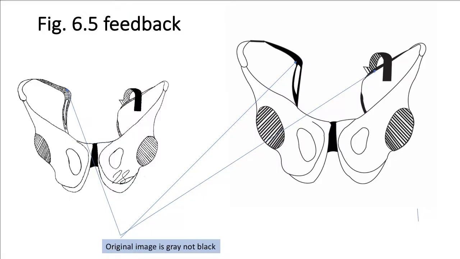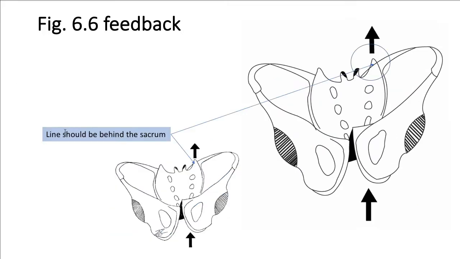For this one, the only feedback we have for 6.5 is you guys painted this black. Can you make it gray? Because this is what the original looks like. That's the only issue. So this inside here is gray, okay? So here, here, right here, right here, all gray, okay? For 6.6,